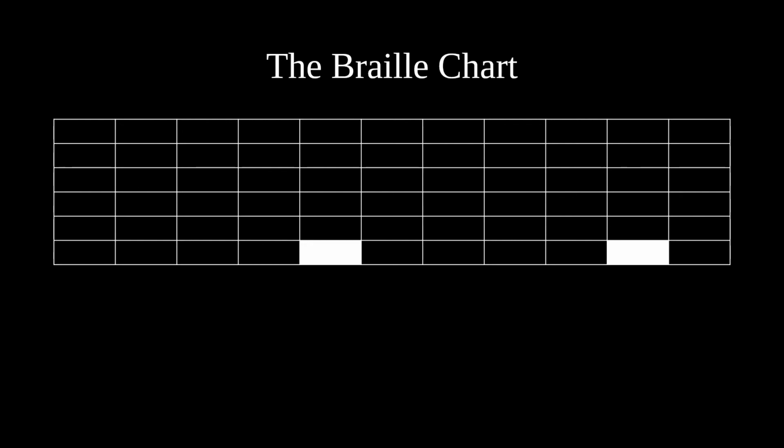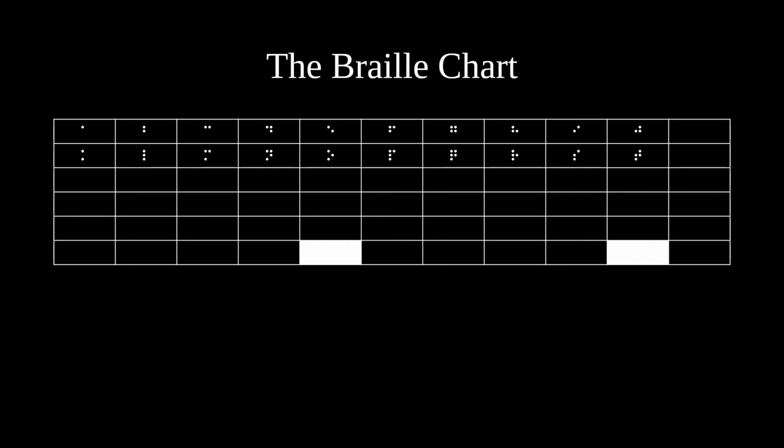The lion's share of the 64 Braille cells follow a specific fundamental pattern, whose motif is the first 10 letters of the alphabet. A, B, C, D, E, F, G, H, I, J. Notice that the rightmost cell in the top row is blank. That's because we're going to ignore the rightmost column for now and go back to it at the end of this video. The next 10 letters of the alphabet look like this.